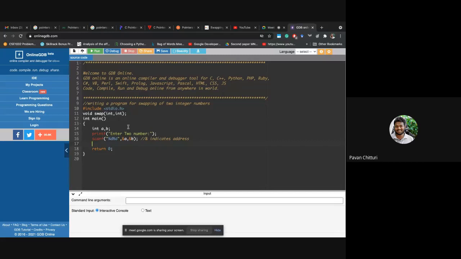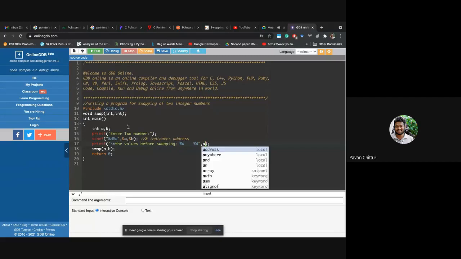Now I want to send these two numbers to the swap function and swap the values in that function. So swap, sending a and b. Then I want to print the values before swapping and after swapping. printf the values before swapping %d %d, a comma b.